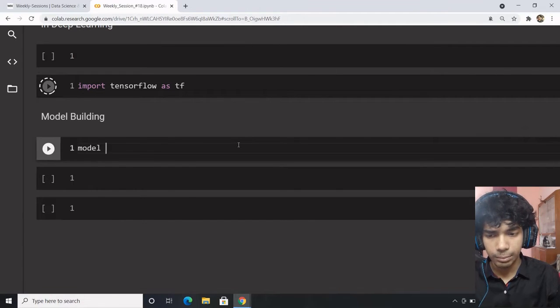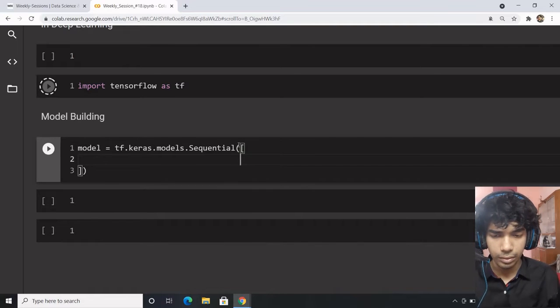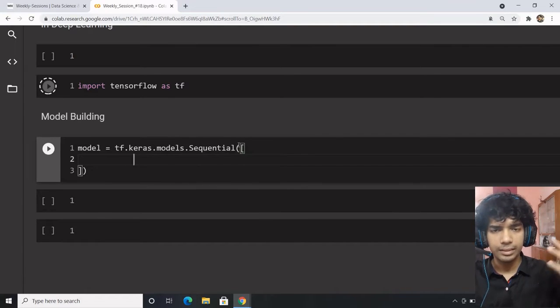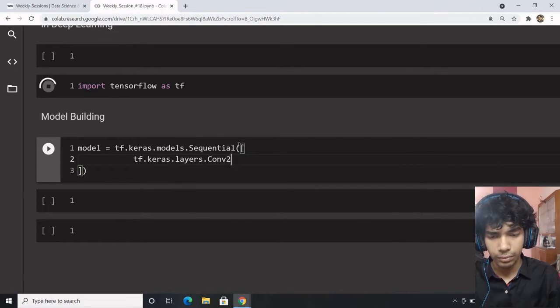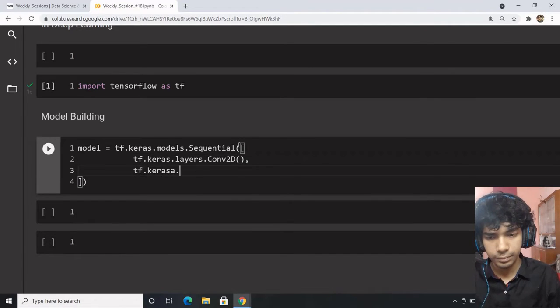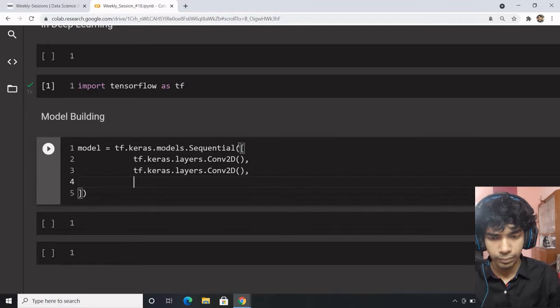So let's say model equal to tf.keras.models.Sequential. Let's say two, three convolution layers, tf.keras.layers.Conv2D. Then you flatten.